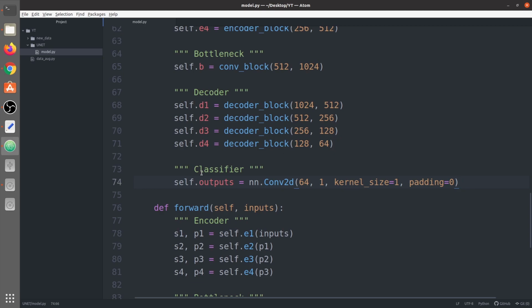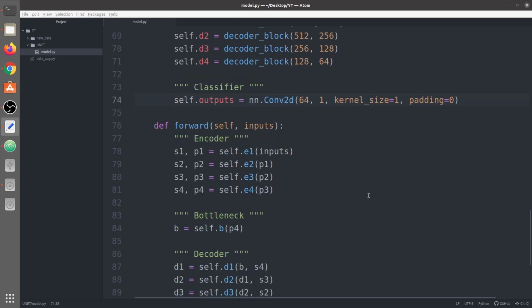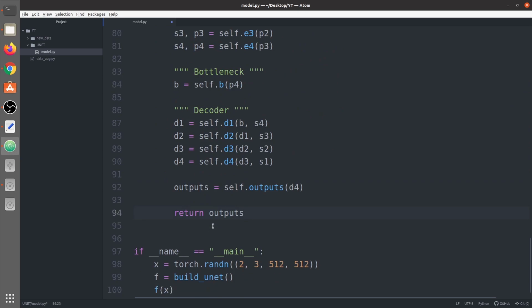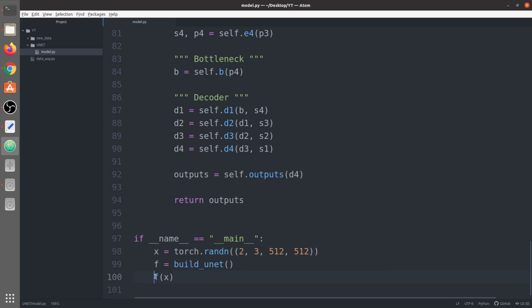So we have this outputs convolution layer. So basically it's a 1 by 1 convolution layer, and take the number of output feature maps, the number of output channels as 1, because we want only one channel. Okay, we don't want more than one channel here because it's a binary segmentation problem. Now we use this output to generate the output mask, and we're gonna return it. Again we're gonna write y here, and we're gonna print its shape.